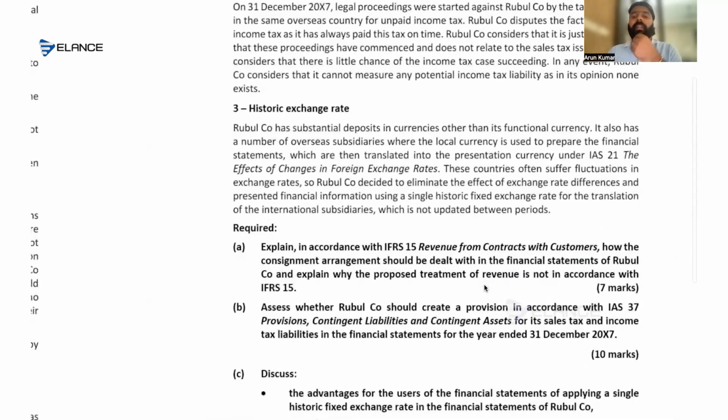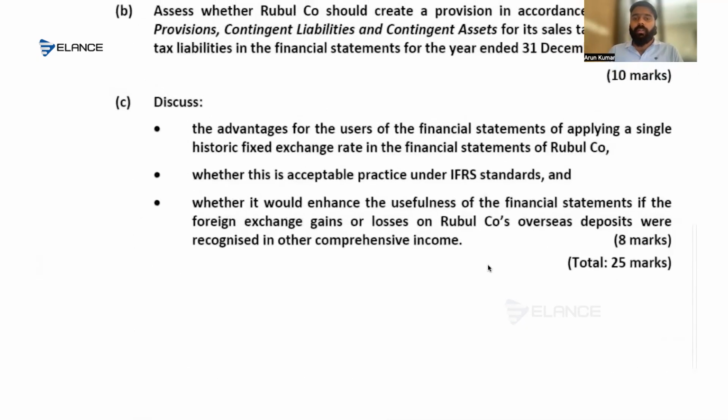So here it's very important that we recognize that gain or loss according to the latest changes in the exchange rates, not on the basis of the historical fixed exchange rate. The translation should happen on an up-to-date basis because it's a monetary asset. So at the time of settling this monetary asset, we should convert those amounts at the latest exchange rate, not the historic rate. The historic rate will be used for non-monetary assets. And that gain should be recognized in P&L. So that's what your suggestion should be. Is that clear?